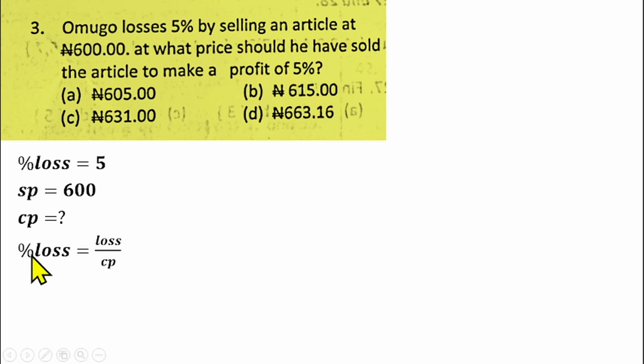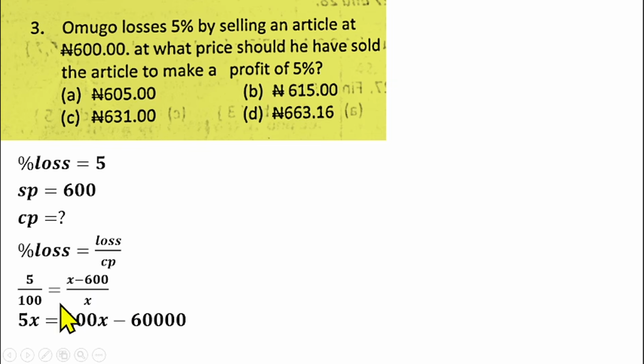From there we know that the percentage loss is the loss over the cost price. Since you have already been given the percentage loss, you don't need to multiply by 100, and we know that the loss is the cost price minus the selling price. So percentage loss was 5%. That gives 5 over 100 equals, let's represent the cost price by x. So to get the loss will be cost price minus selling price over the cost price. From there, if you cross multiply, we'll be able to find the value of our x, which is the cost